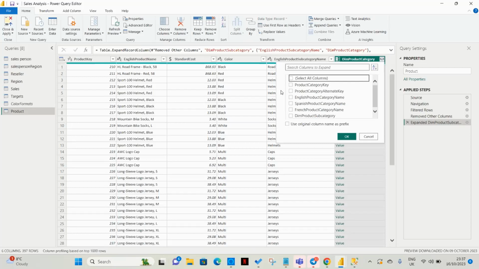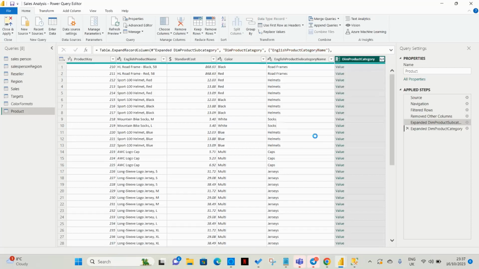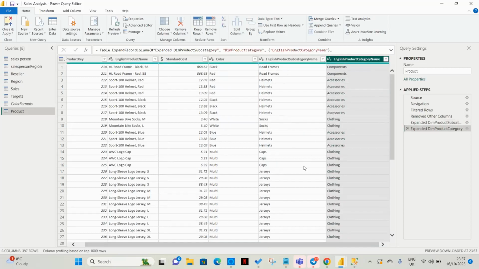locate English product category name. Okay, that's the only thing I want to introduce. I click OK. Click OK. Great. So go back